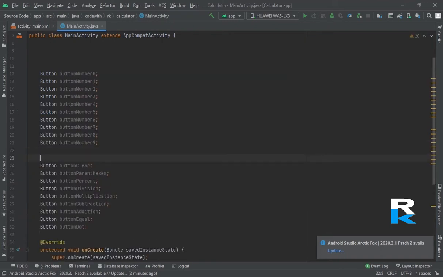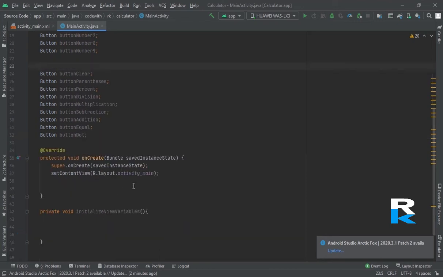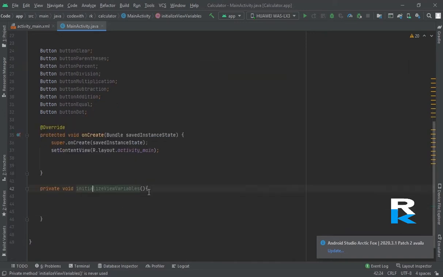Fine. Now here first I have created instances for the buttons like 0 to 9, and then the clear button, parenthesis button, percent button, division button, multiplication button, subtraction button, addition button, equal button, and dot button. Fine. Every button instance is being created. Now in this method I would initialize the view variables. Fine.